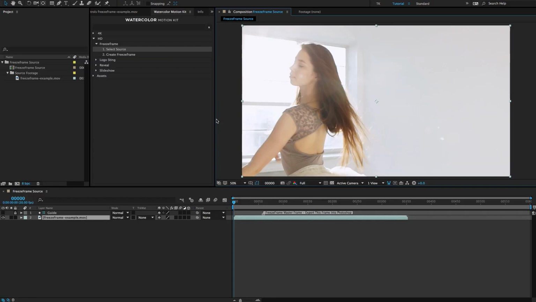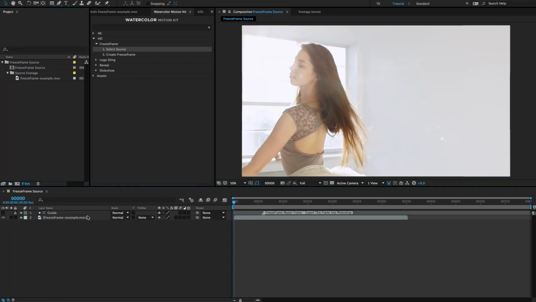And I would recommend taking your clip and cutting it down because you don't want to import like a 20-minute clip into this. Just in whatever video editing program you're using, cut maybe a 2 or 3 second piece so that you can have enough duration to render out from After Effects the freeze frame effect. So now what ended up happening was it created a new composition called freeze frame source, and within here it